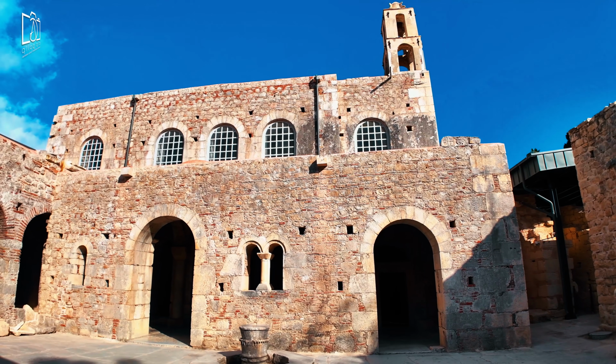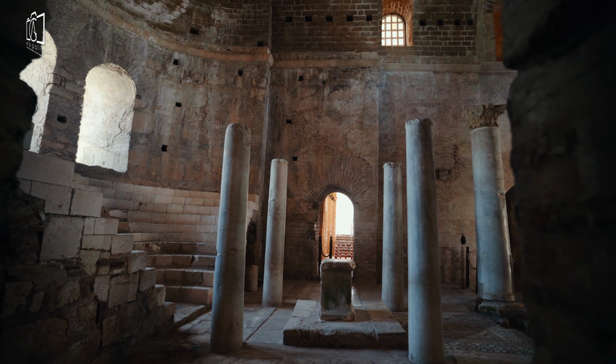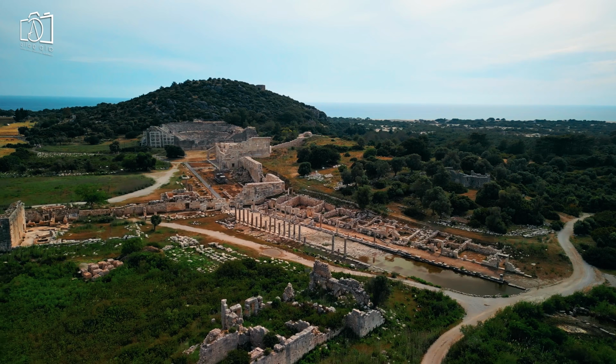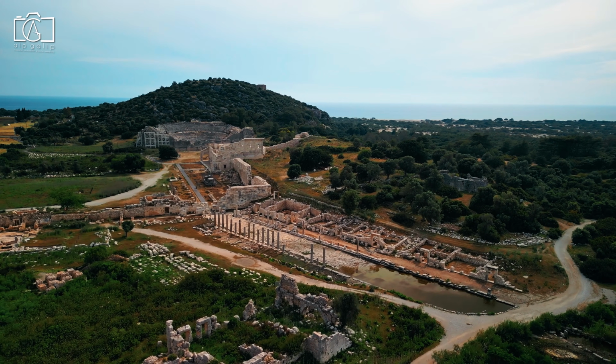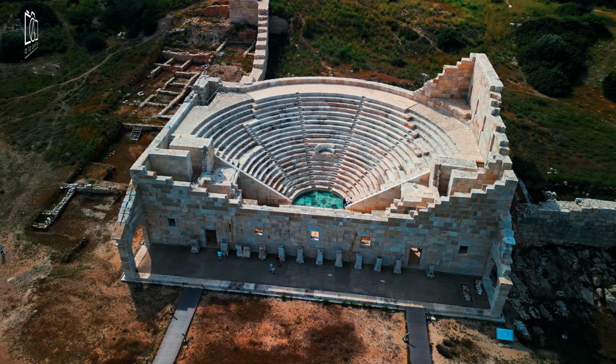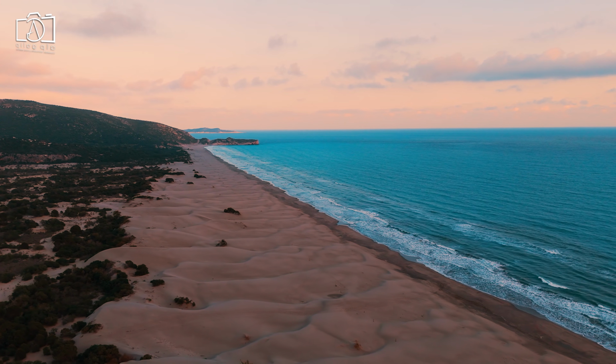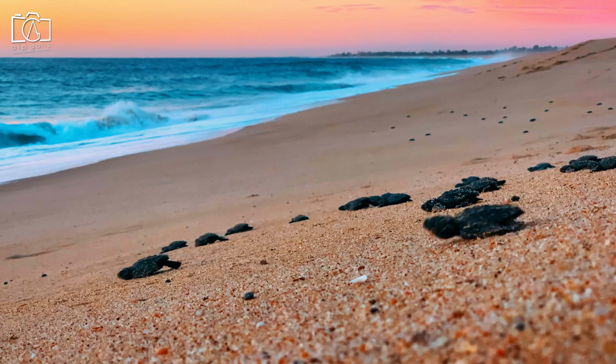Nicholas Church, I walked through time among ancient mosaics and frescoes dedicated to the real-life inspiration behind Santa Claus. Exploring the vast Patara ruins, I imagined life in the once bustling Lycian capital surrounded by temples and colonnaded streets. Just a short walk away, Patara Beach greeted me with miles of golden sand and gentle waves, perfect for a